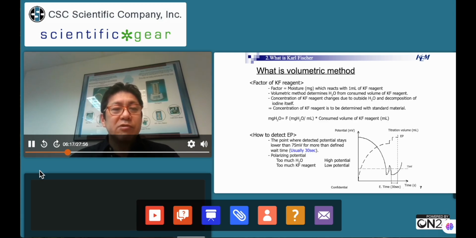The unit of the factor is milligram H2O per ml, meaning how much moisture we can react per milliliter. After getting this kind of factor, we can move to